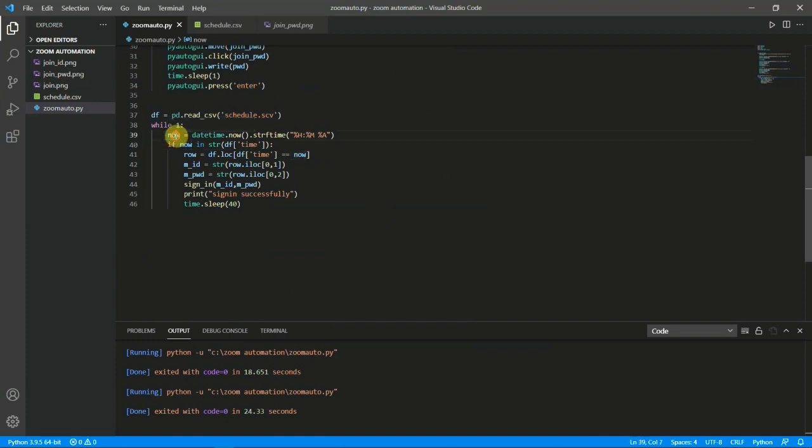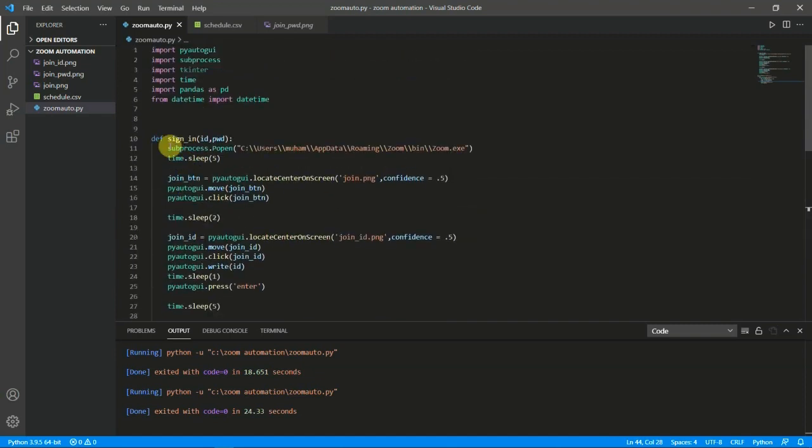initialized the current time in this now variable, and we are checking if the current time is in that table. If the current time is in the table, we will take out the whole row and store it in this row, and we will copy the id and password into mid and mpassword, and then we will call the function sign in, and we will send the arguments id and password, so that it will come here.